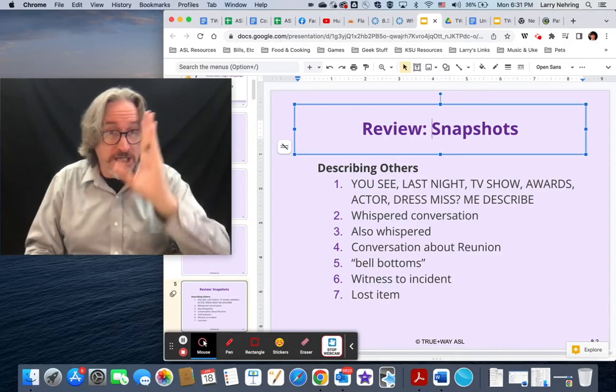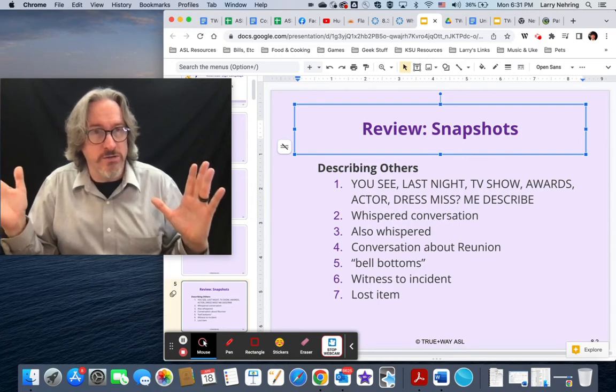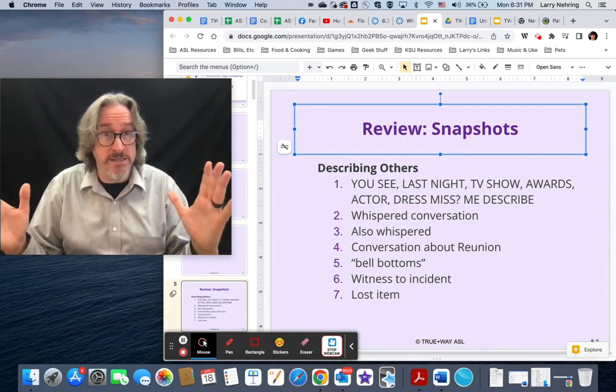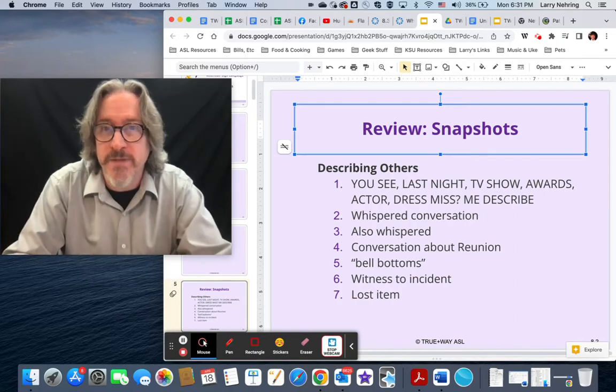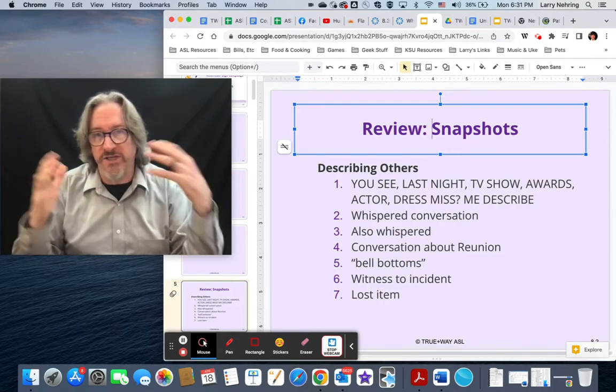Right, so each different part, and you can see if you look at the English, that's how the conversation goes, right? So again, I'm going to suggest to you, whenever you see a long sentence, try to break it up into short little snippets, bite-sized pieces. So then 2, 3, 4, they're all sort of describing